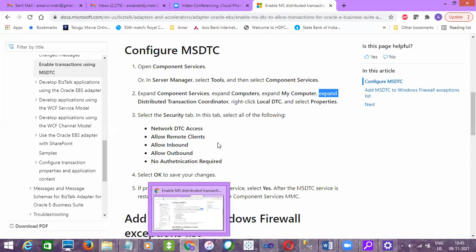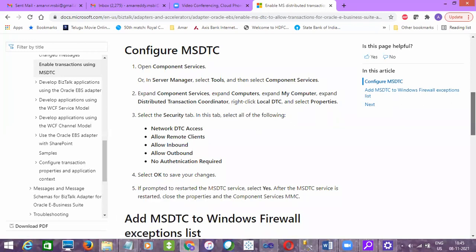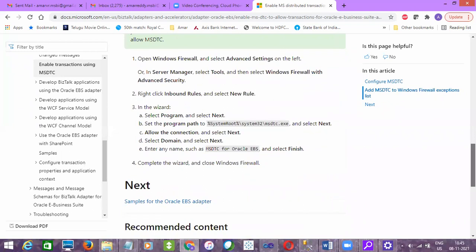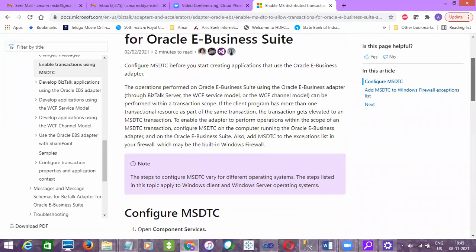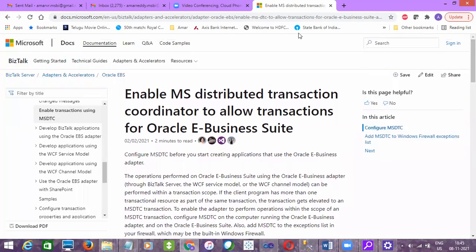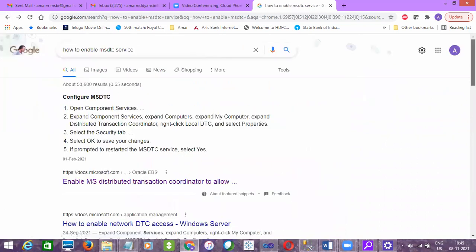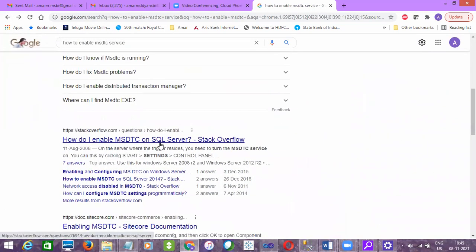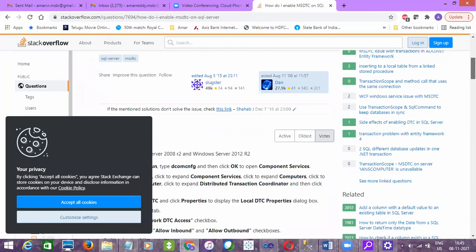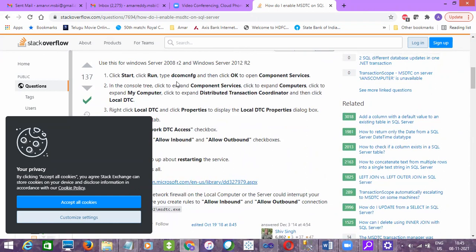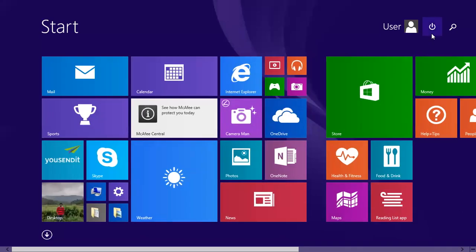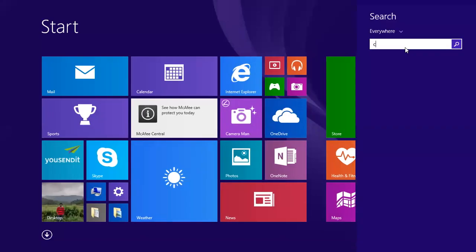So let's check for component services or laptop.